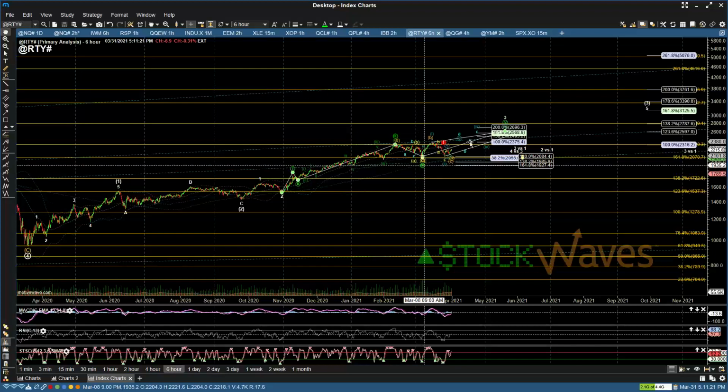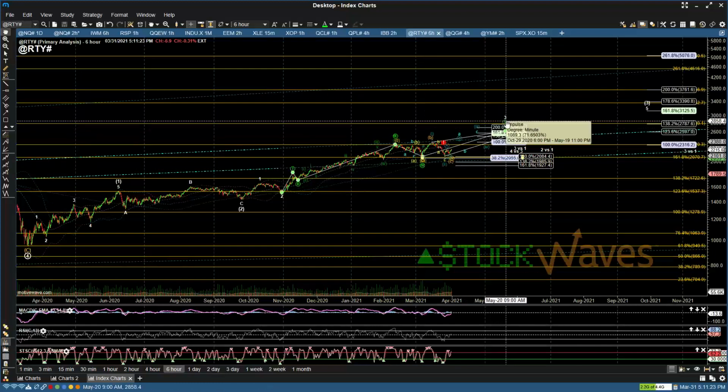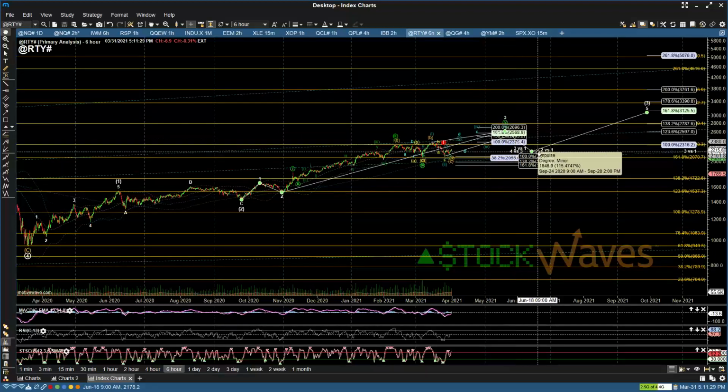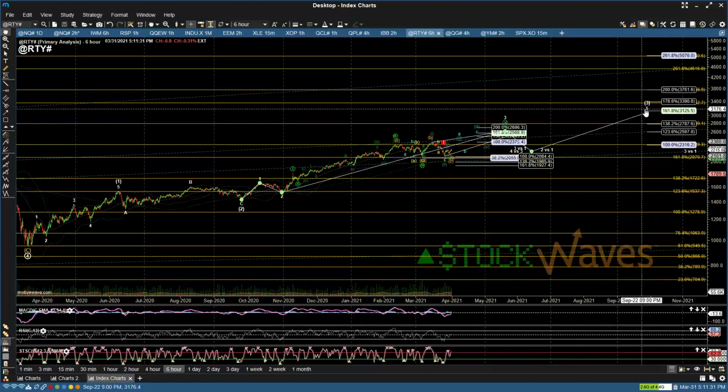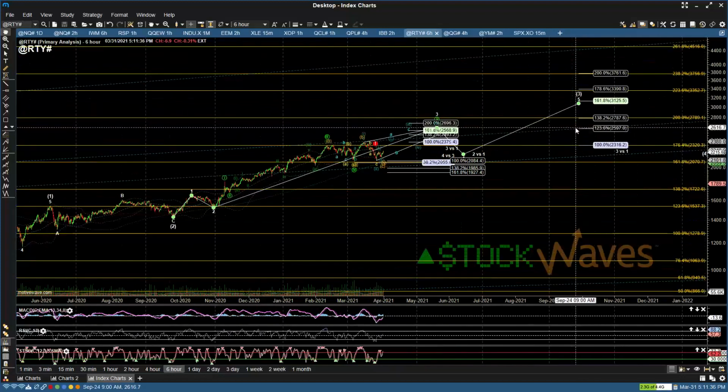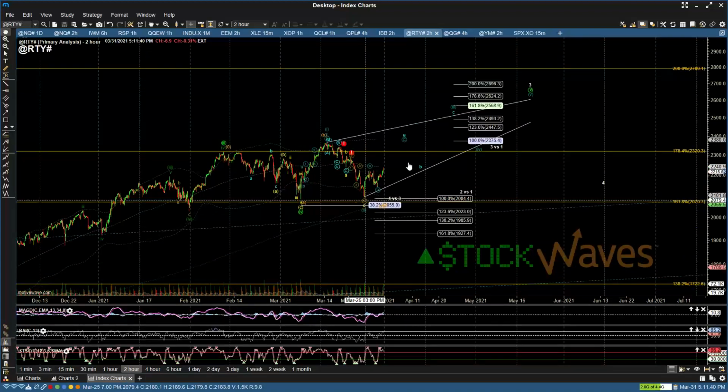We're at that circle lowercase Roman numeral 5 of the minor degree wave 3, targeting the 2600 region, and then another 4th and then a 5th wave up towards the 3125 in the Russell to complete that intermediate degree wave 3. The structure in the Russell,